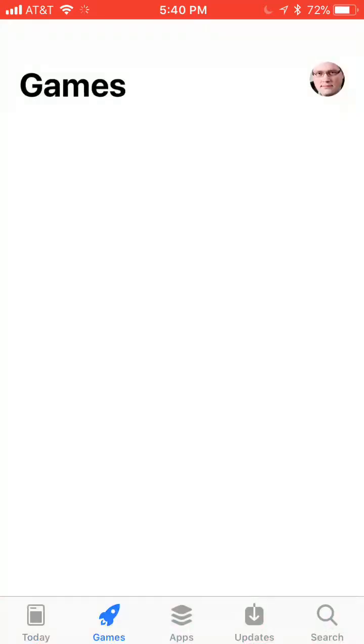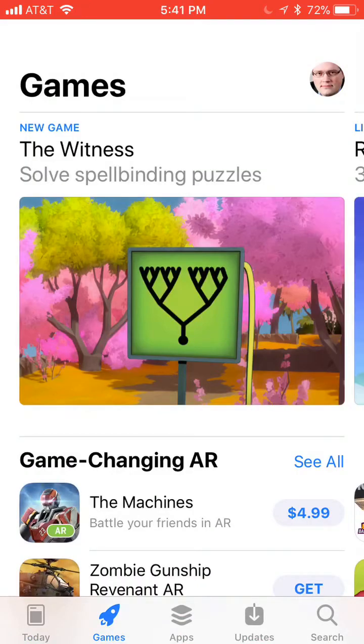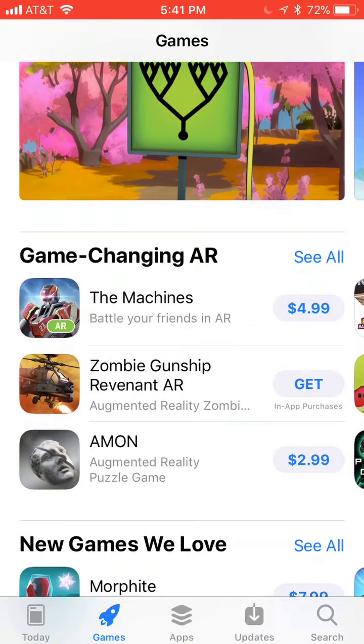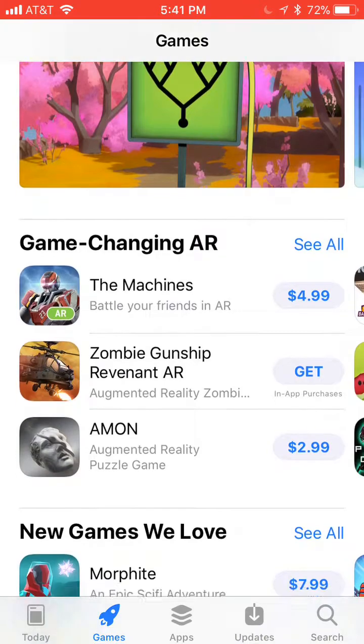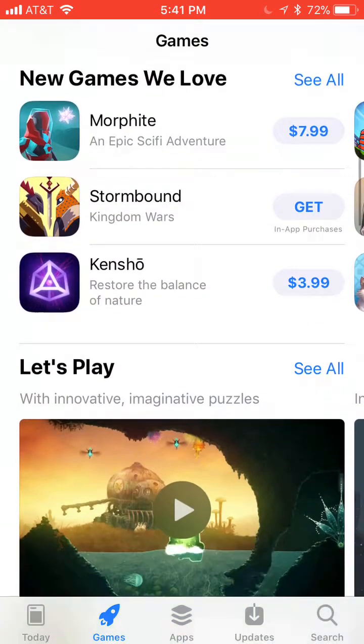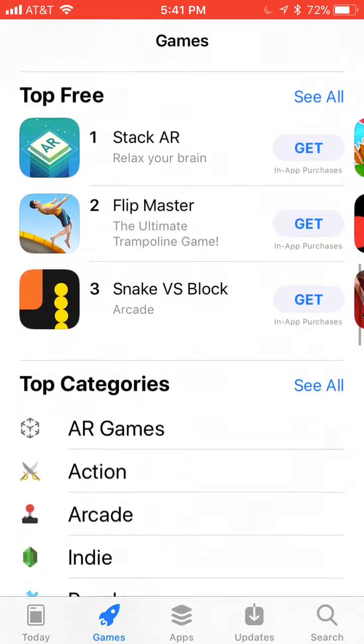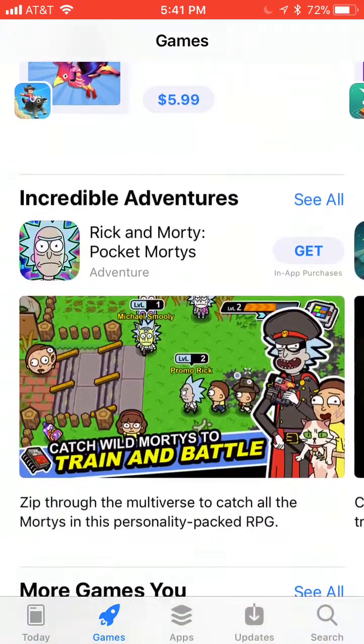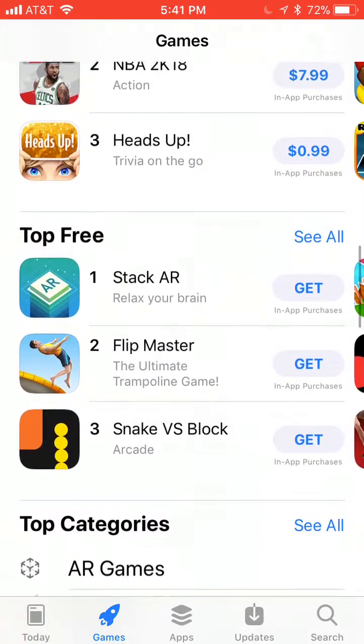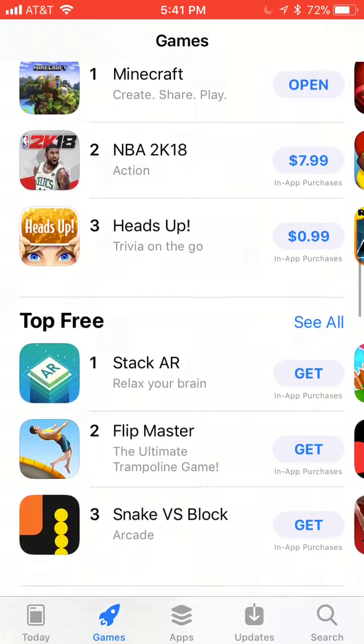And then in the Games screen, they have the games charts, which are right there. They've got new AR games. They've got all the new games. And then there's the top paid and the top free. And there's categories. And these used to be up front and center, and now they're kind of buried into the